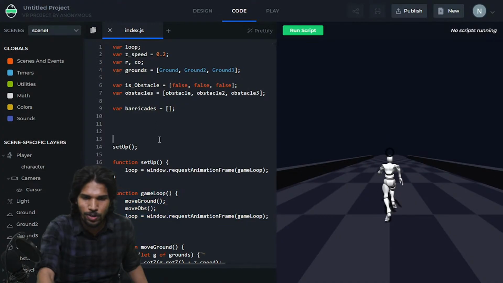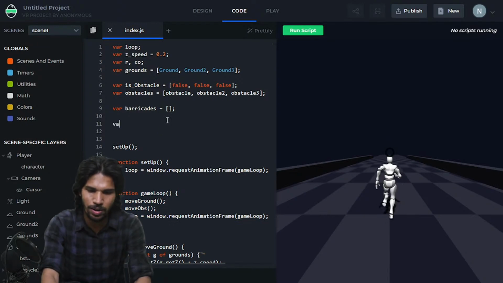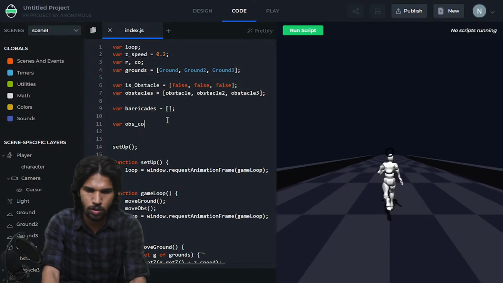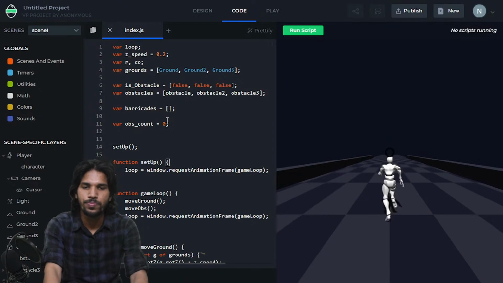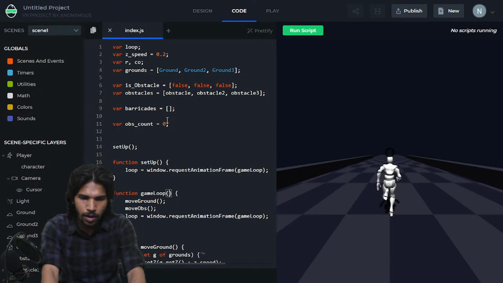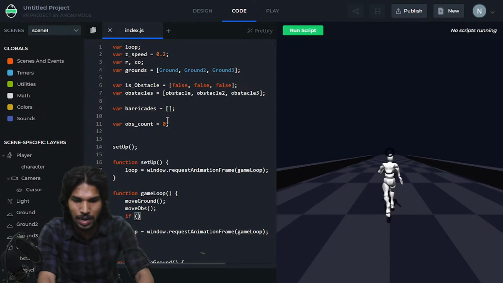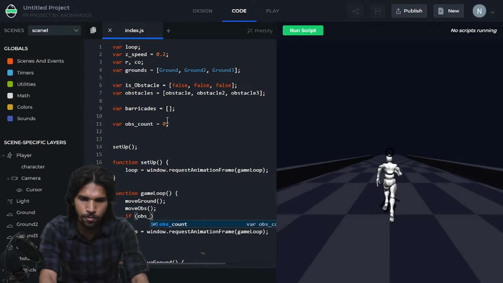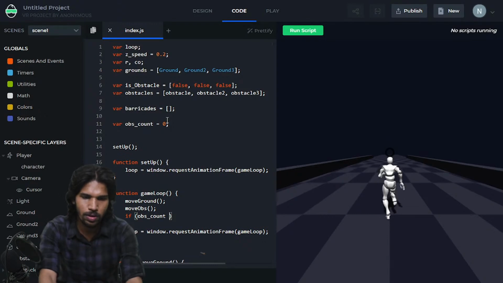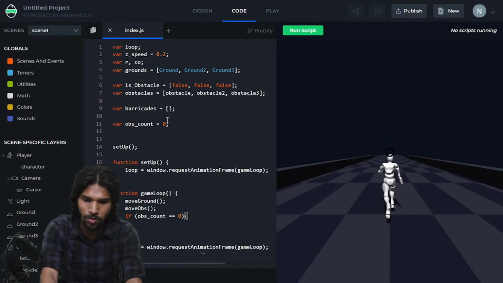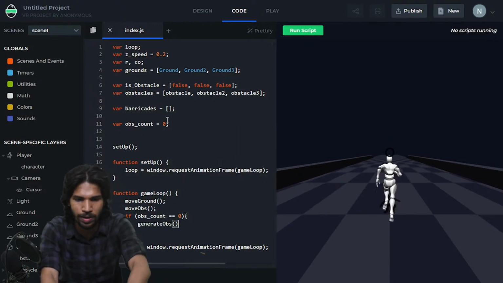I'm going to create a variable OBS count and set it to 0. So here I'm going to say if OBS count is equal to 0, then what are we going to do? Then we are going to call the generate OBS function,